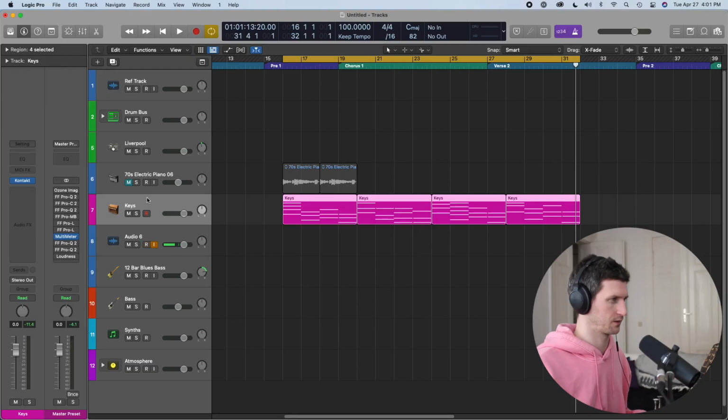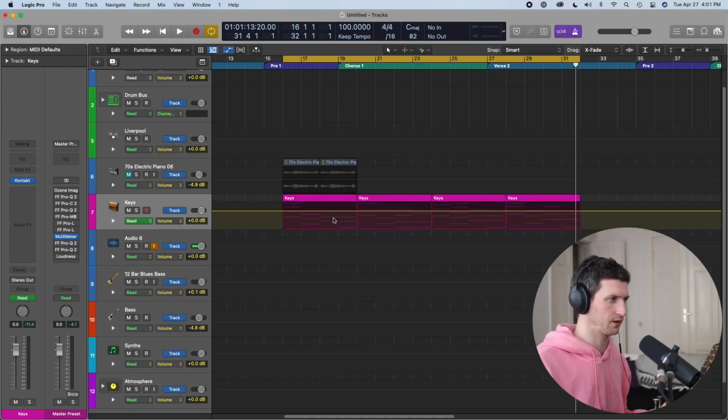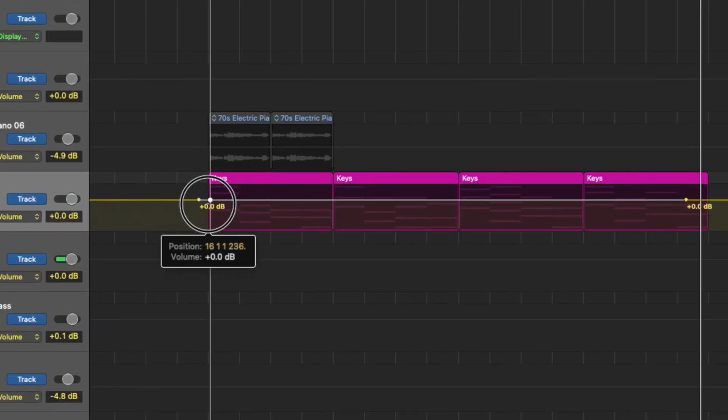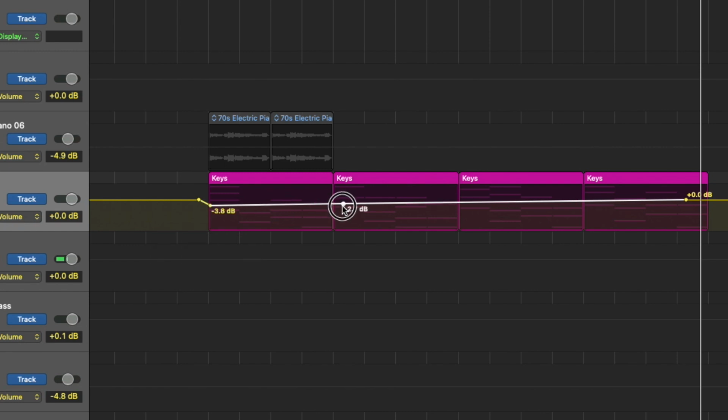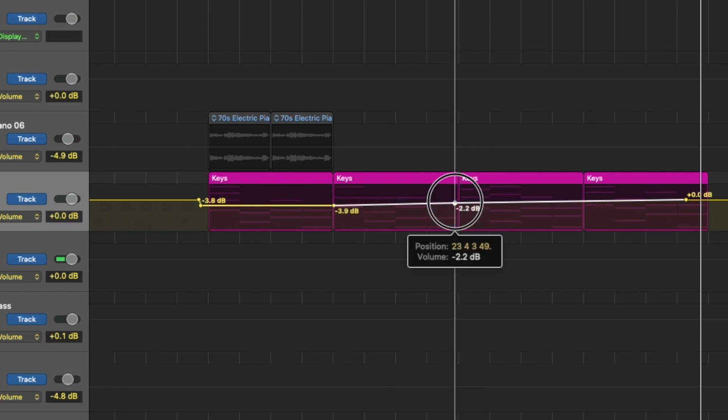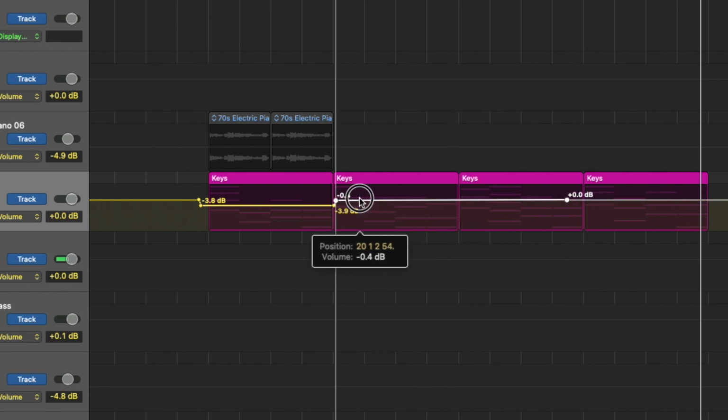Number 7 is automation. If you haven't been using automation, you really need to start. 2 simple examples. One is you can automate the volume. So I'm just opening up A, and I have a yellow line here now. This is the volume. I can automate the volume. Maybe in the pre here, I want it to be a bit quieter. So now the piano is 3 decibels quieter, and let's say in the chorus here, now it's back